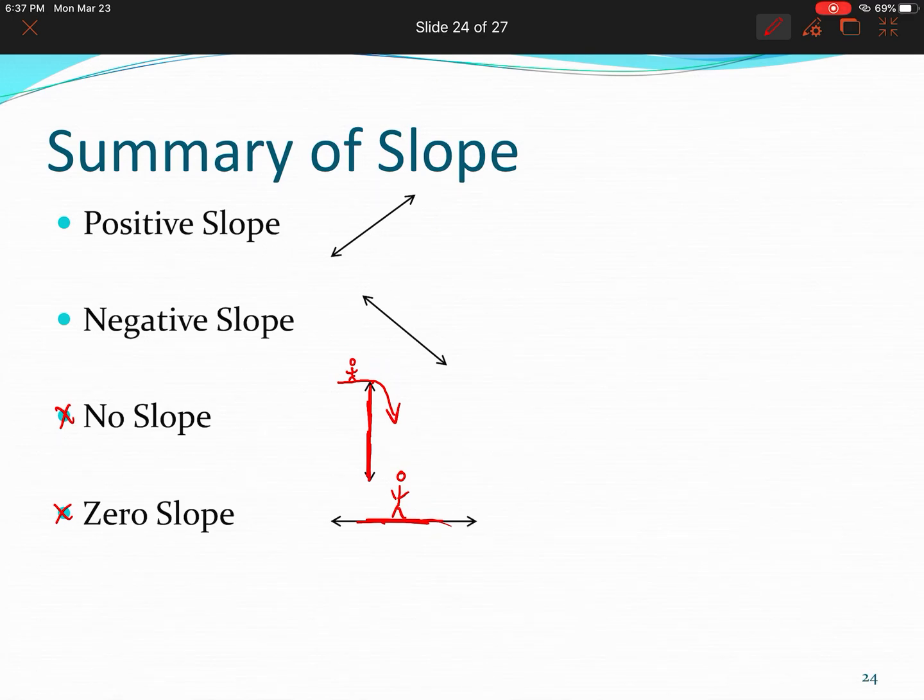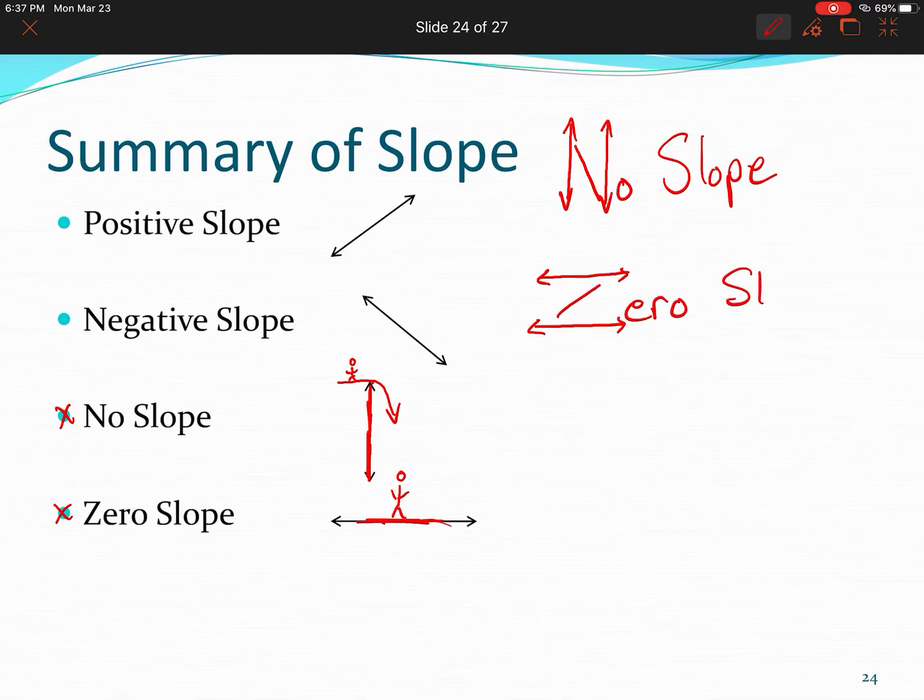Most people that I teach typically have not gone snow skiing. Some people usually have, but a lot haven't. And so you maybe don't relate to that real well. So let me give you another way. If we think about this line that is vertical, we would say that it has no slope. So what we're going to do here is make that say no slope. That's kind of corny, but maybe that's something that really helps you. And then if you look at this line, the question is, what kind of slope does it have? Well, it has 0 slope. And so we're going to make it say 0 slope. And so hopefully that will help you in understanding the difference in 0 slope and